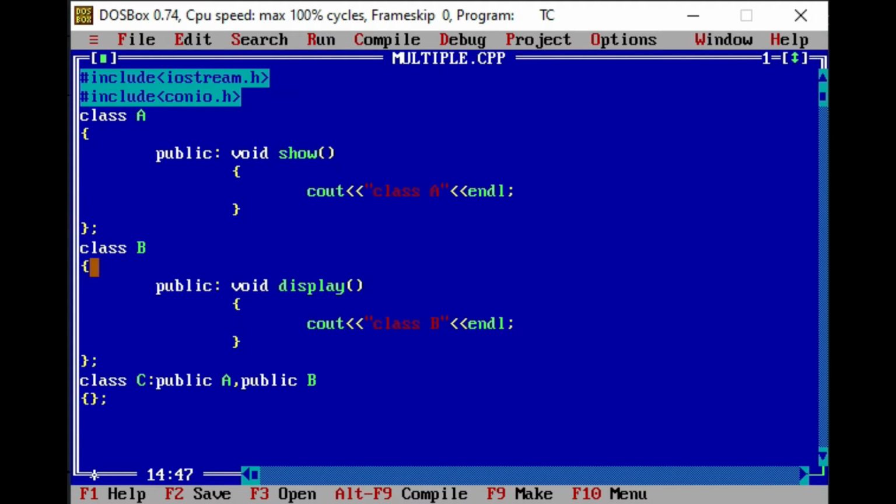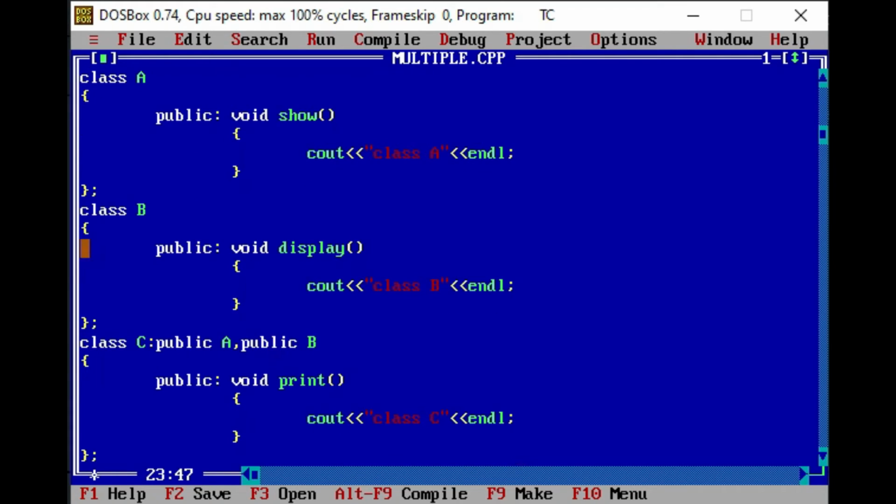Again, endl. And in class C, we will declare one another function that will belong to class C in a public mode. So here I am writing a function, suppose void print. In this, suppose we will display class C. Again, endl.